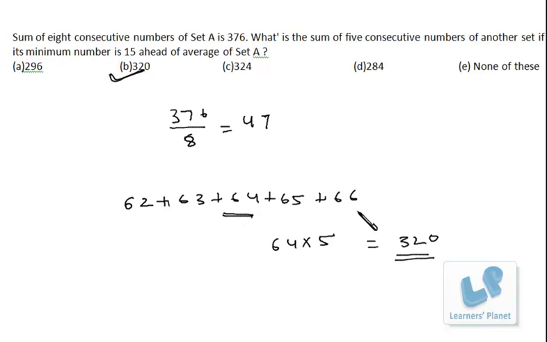Okay, I hope you understand this logic: to get the total of 5 consecutive numbers, you just take the middle number and multiply that by 5. If you wish to find the sum of 3 consecutive numbers, take the middle number and multiply that by 3. If you wish to find the total of 7 consecutive numbers, take the middle number and multiply that by 7 to get the total, right? So it's quite simple, a two-step problem only, and can be solved in less than 40 seconds. So I hope you are clear.